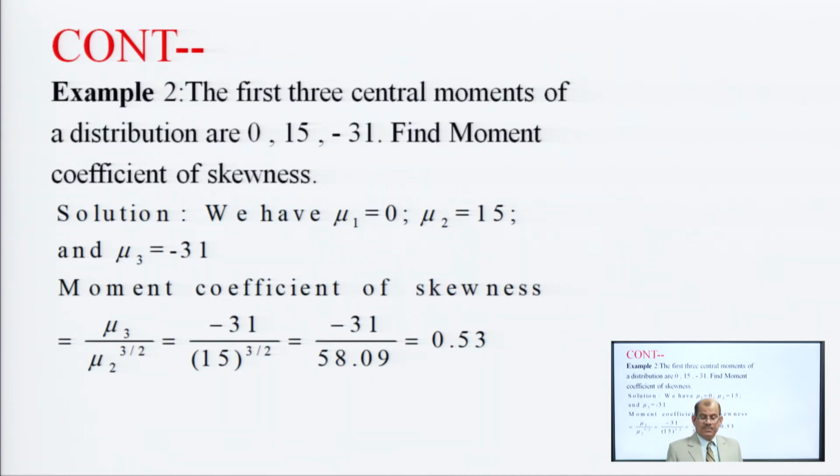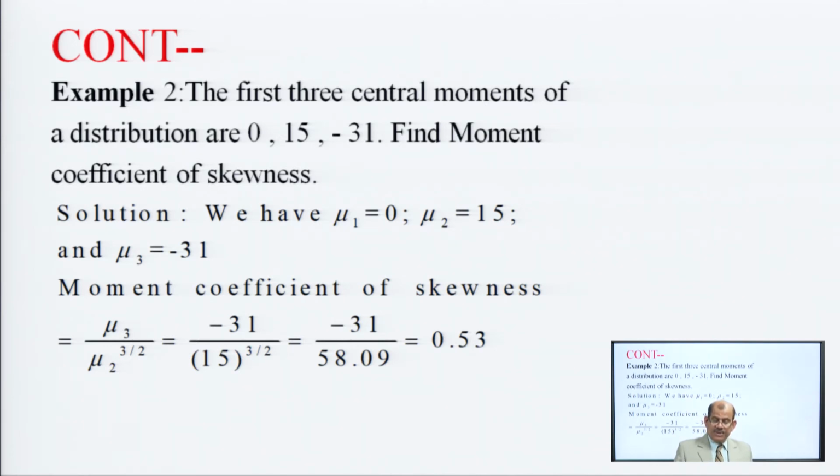Example 2. The first three central moments of a distribution are 0, 15, minus 31. Find the moment coefficient of skewness. Solution: we have mu 1 is equal to 0, mu 2 is equal to 15, mu 3 is equal to minus 31,